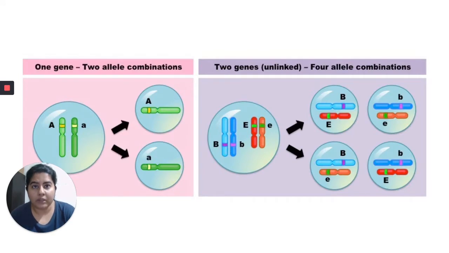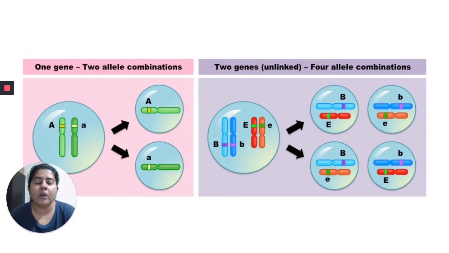Now, one more thing that you need to remember is, if you recall, monohybrid cross means studying the inheritance of one gene having two alleles, and when you're studying dihybrid cross, this is inheritance of two different genes, and that means you are studying four allelic combinations, assuming that each gene has two alternative alleles.